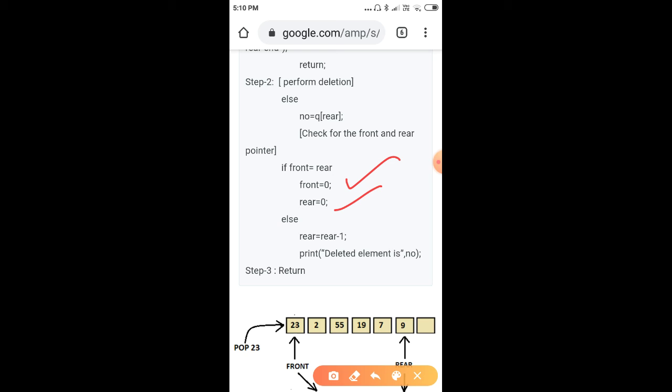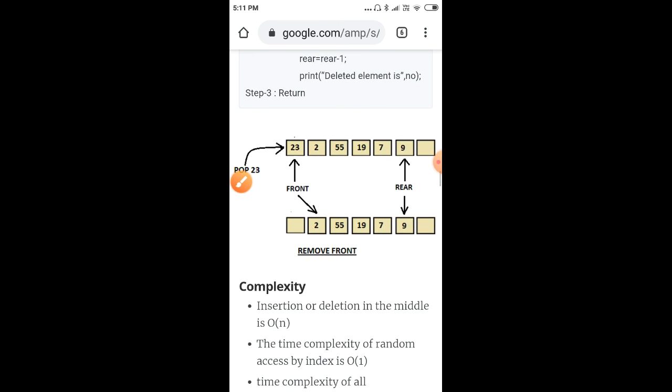Else we decrease the rear: rear equals rear minus 1, because the element is deleted. We print the element that we copied previously.